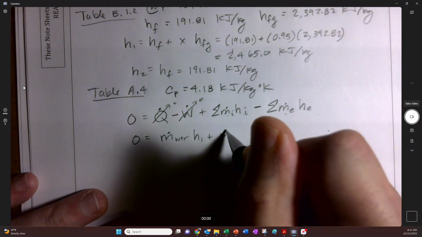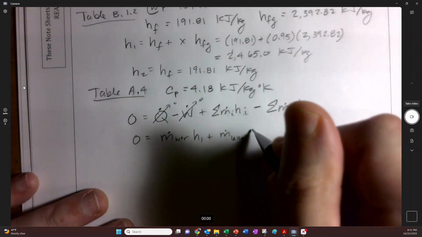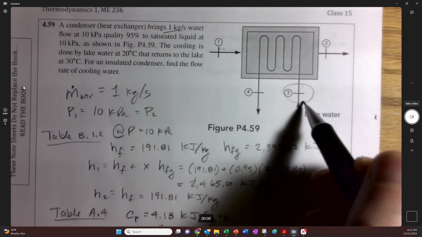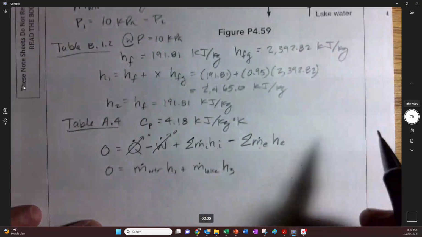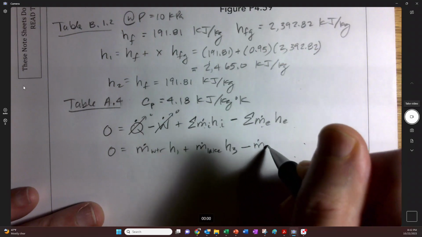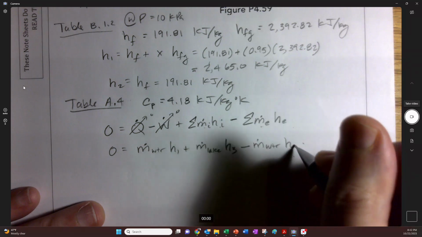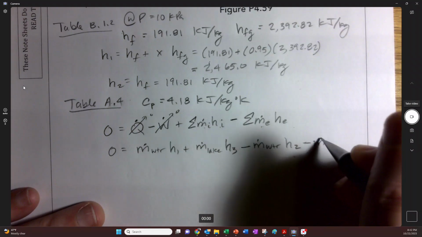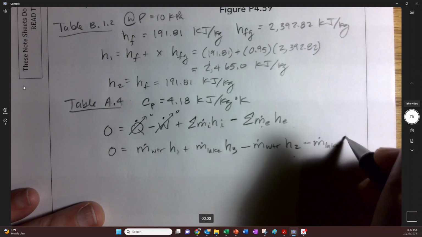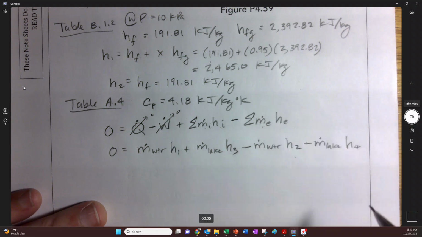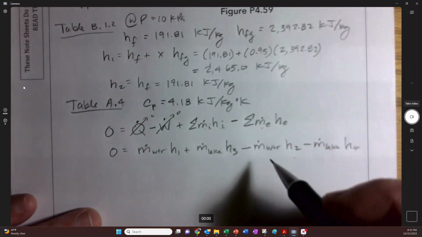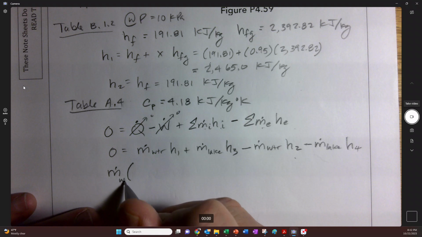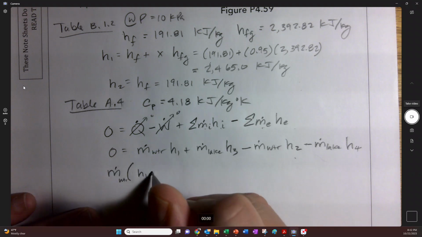plus m dot lake h3, right? So there's 3 coming in, and 1 coming in. Now we have m dot water h2. It's exiting. Minus m dot lake h4. So bring them all together. M dot water, sure, h1 minus h2